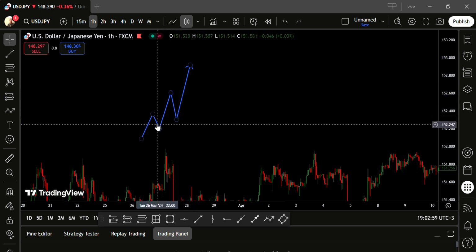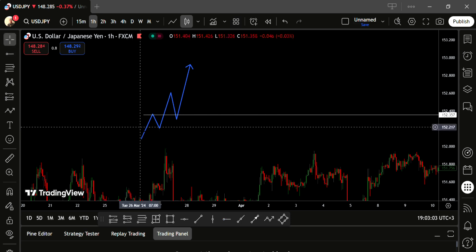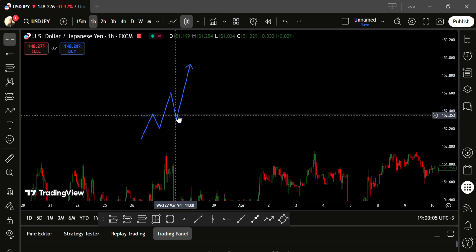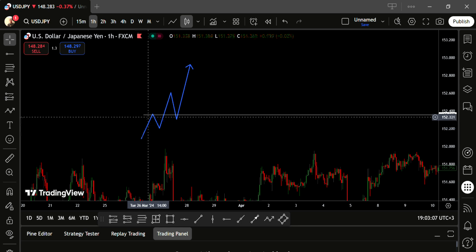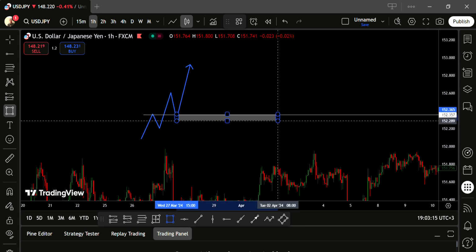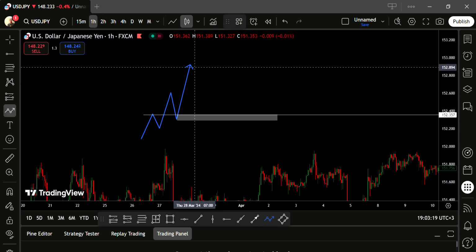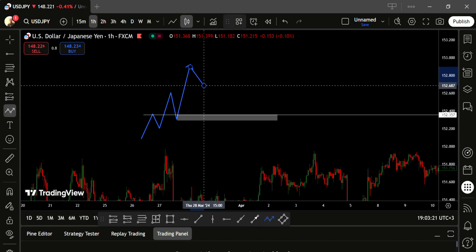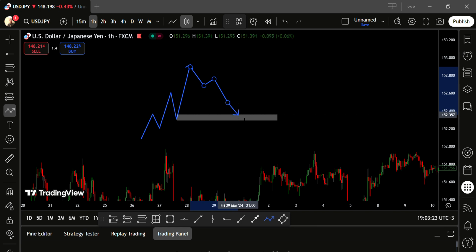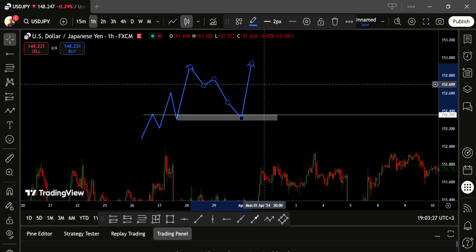So during the formation of these higher lows, we need to see price break this previous high and use it as support, break this resistance, go up, use it as support, and then go up. We also want to see price leave a demand zone in this area, a valid good demand zone. So when price comes back to this area and taps it,